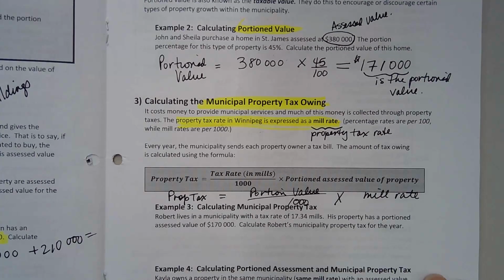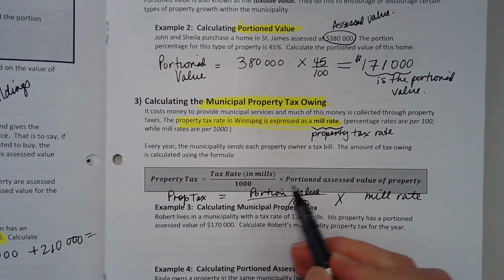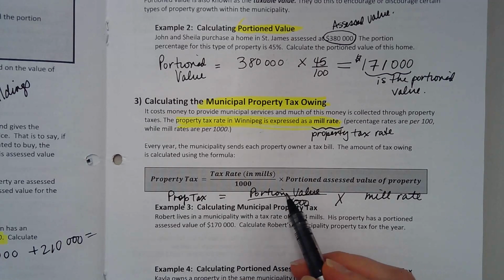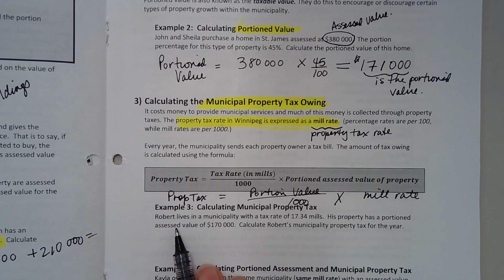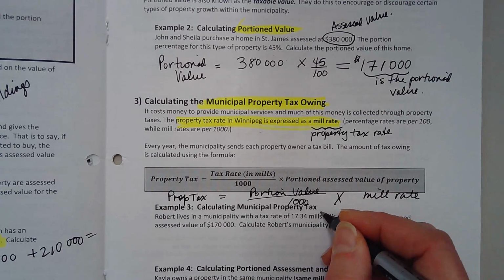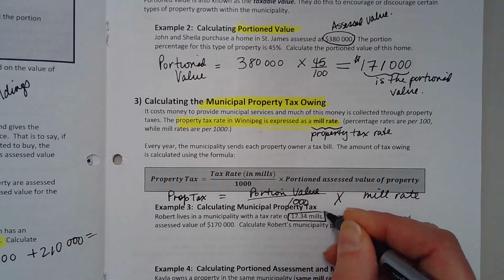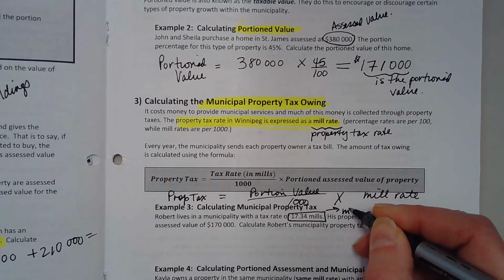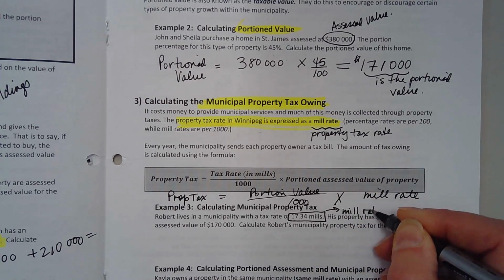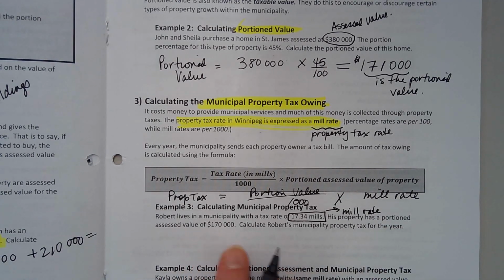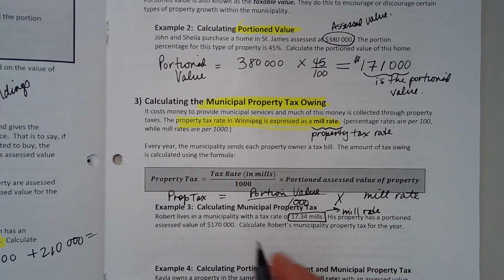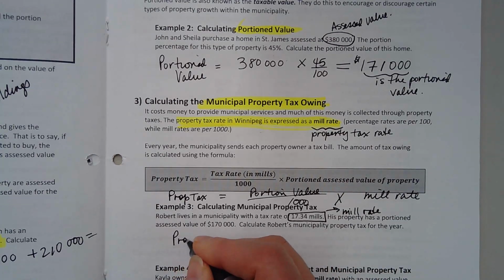So it's going to look the same as our formula. I stick the money all here, so it's the portioned value divided by 1,000 times the mill rate. Doesn't matter. Now, Robert lives in a municipality with a tax rate of 17.34 mills. This is the mill rate. His property has a portioned assessed value of 170,000. Calculate his property tax. Okay, so the property tax equals,